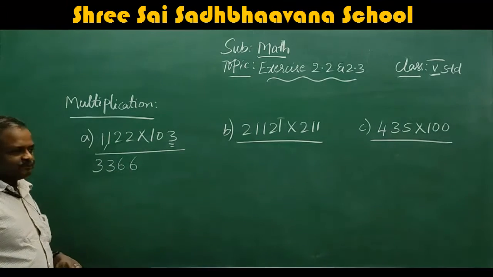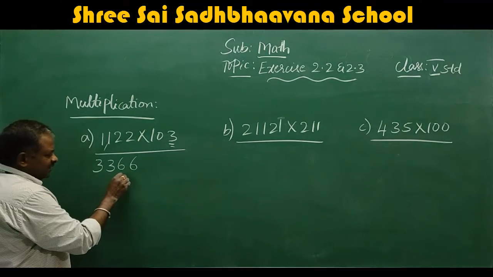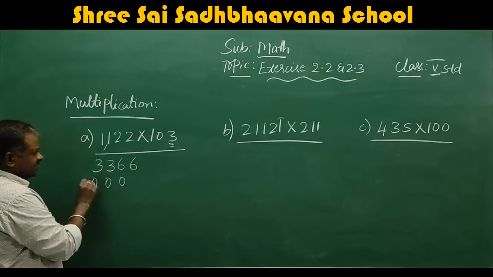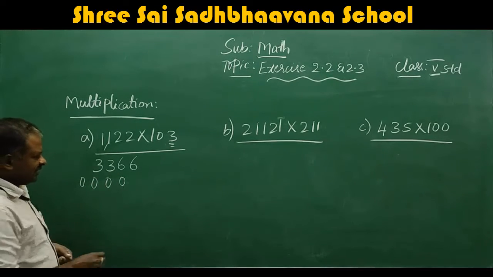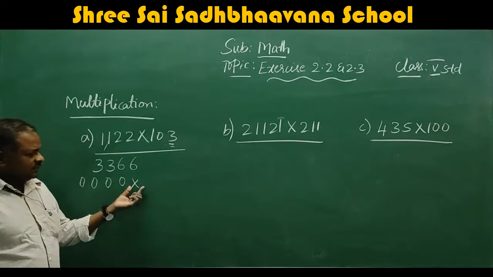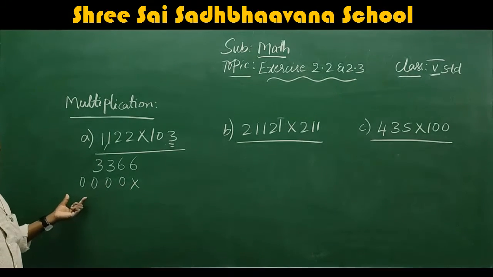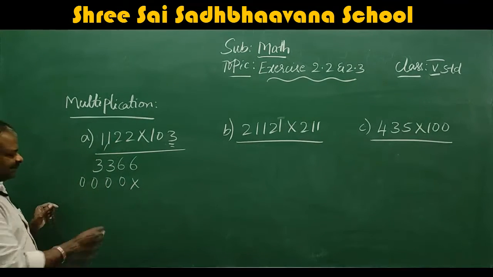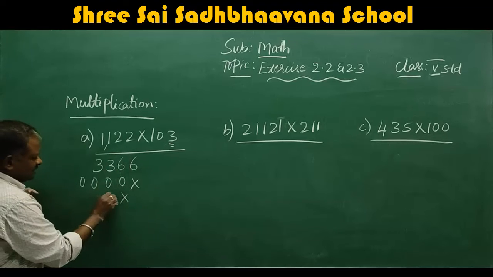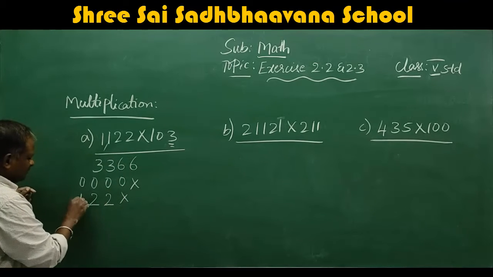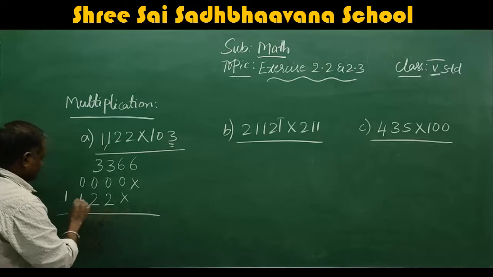Next, from 0, if you want, you multiply or you keep. Just for your sake, I am doing this one. Okay. First, you have to leave one place and you have to write down the zeros. Next, from 1. So 1 2s are 2, 1 2s are 2, 1 1s are 1.